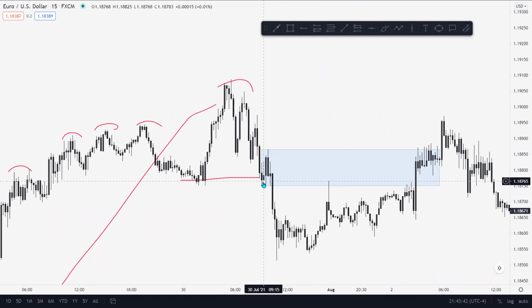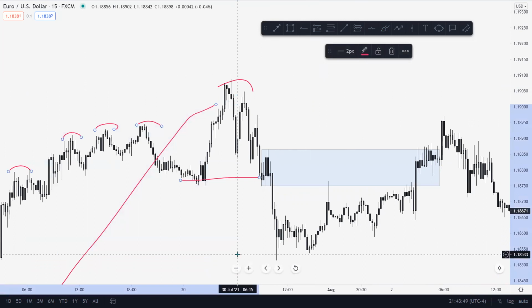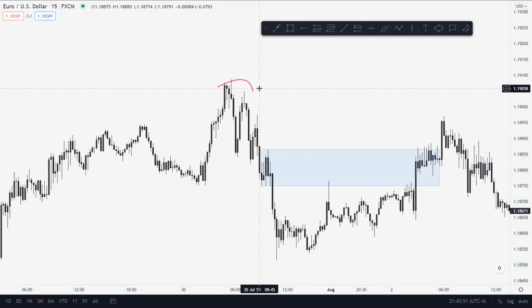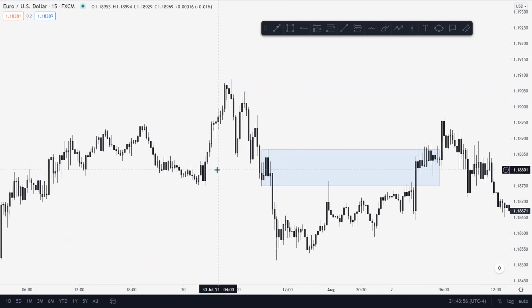Here, here, here, right? I pointed this one out earlier. Let me get rid of this stuff. So I pointed that one out earlier, okay? We start forming all these supply levels, and a couple of them you could have played off of, right? But we didn't have a BOS until here. So really, you could have only played off this, and it didn't even mitigate that.